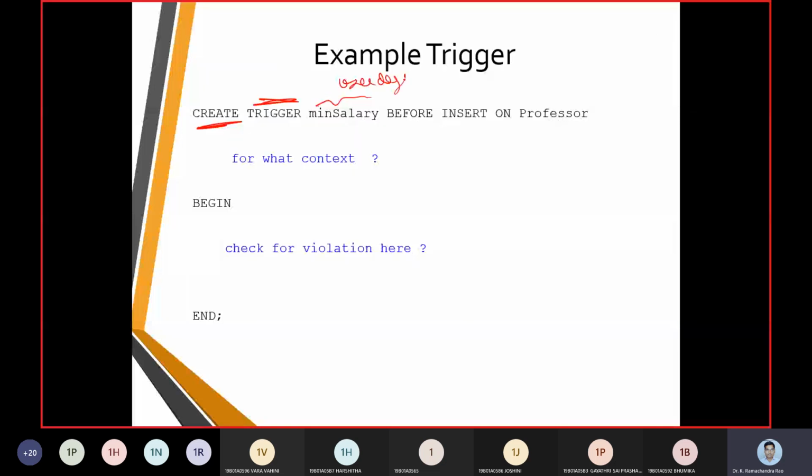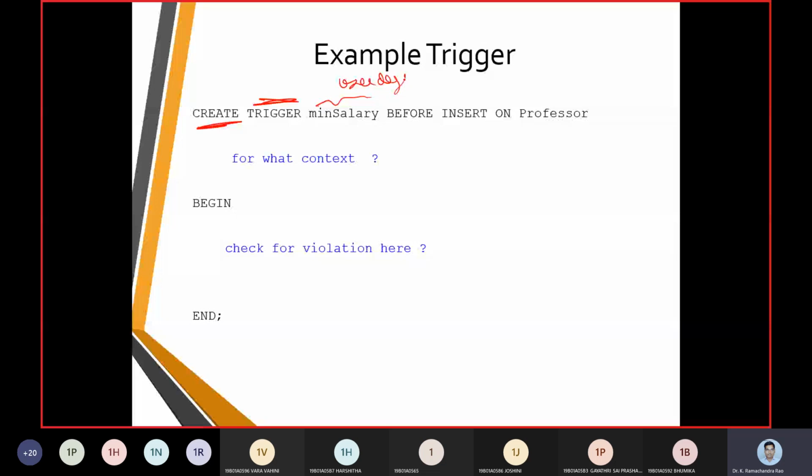It is called a user defined name, and it is going to be fired before insert on professor. So that is the reason why we call it so. Ensure that a new professor, when a row is inserted, just before that we should check whether the condition is going to be satisfied or not. We need to verify it. So for that we are going to build up this event.